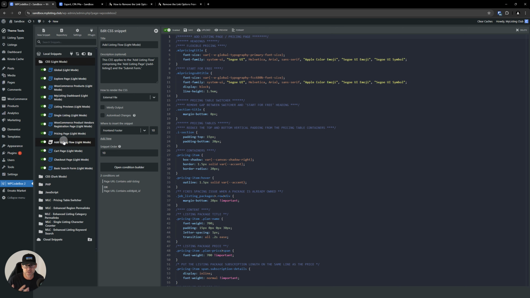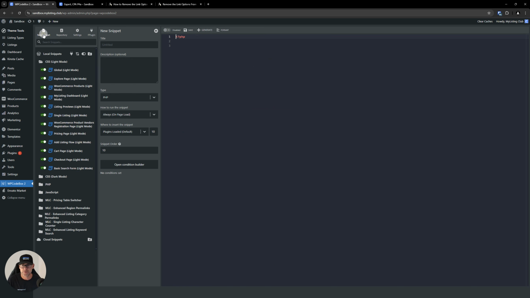So this is using the conditions builder. As we see here, it's only applying if the page URL contains the slug add-listing in it, okay? Or the page URL contains this other edit URL, which occurs when you're editing a listing, okay? So if you have that, you can drop this right in there, but it gets a little tricky when you start talking about roles. So what I would probably do if it was me in this particular case, I would just come in here